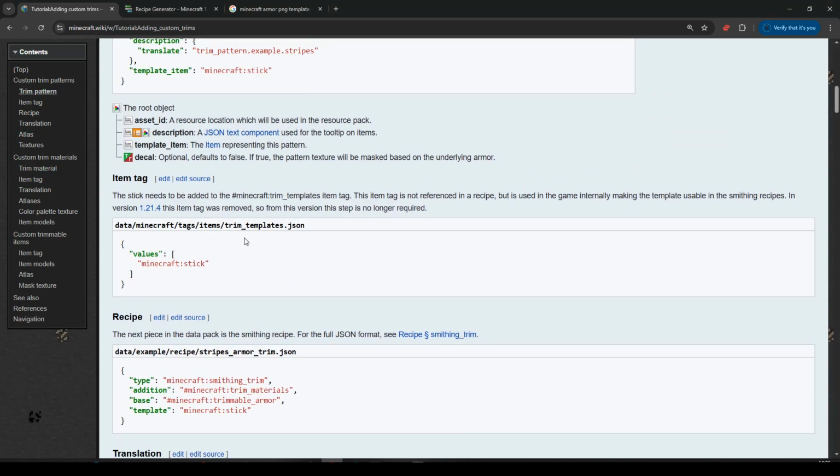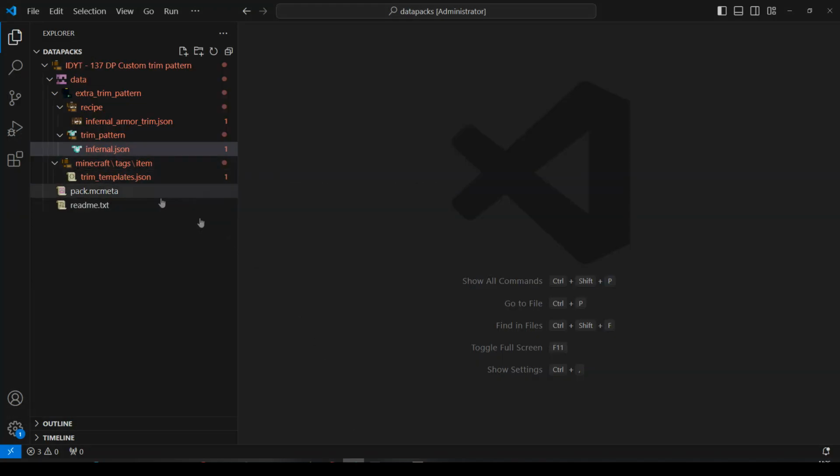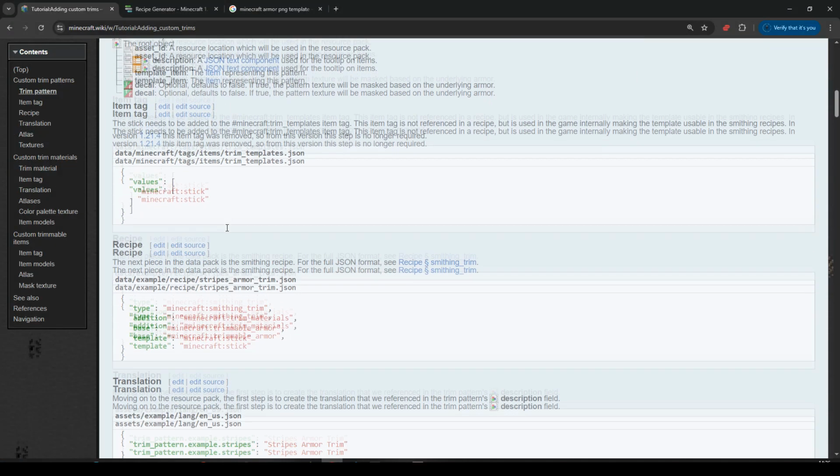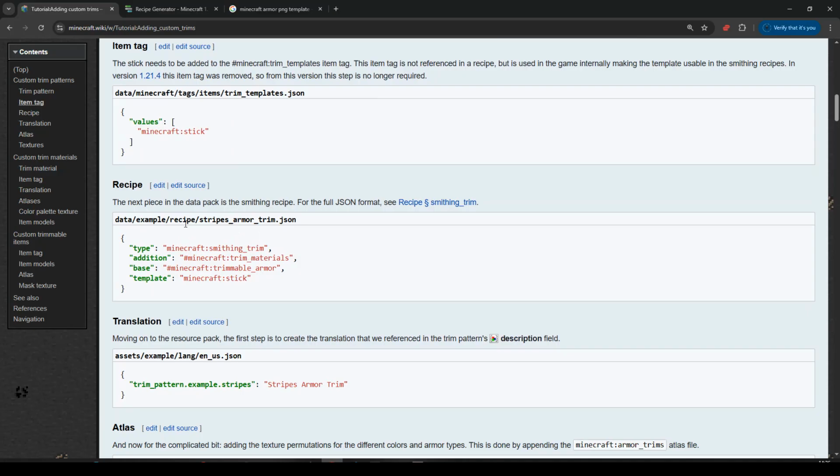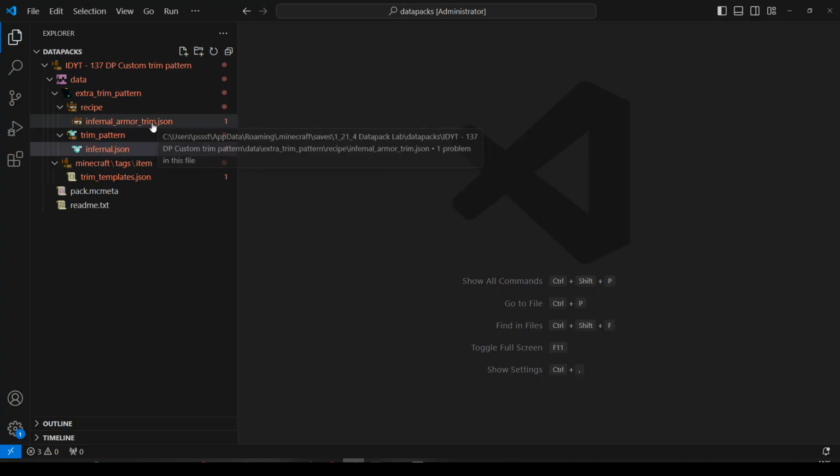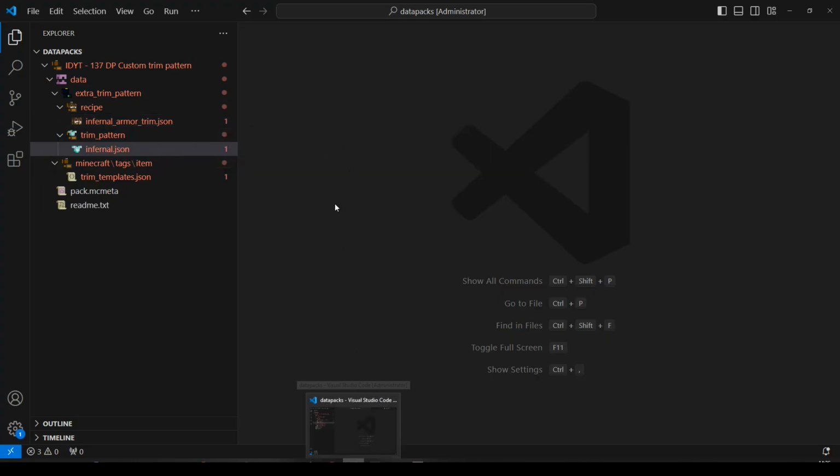We need the tags, trim templates. We've got that one, trim templates in Minecraft. And we need a recipe, okay, recipe stripes. Armour trim, and mine is called infernal armour trim. Okay, so that all seems good. But I think what we're going to do is we're also going to reference the